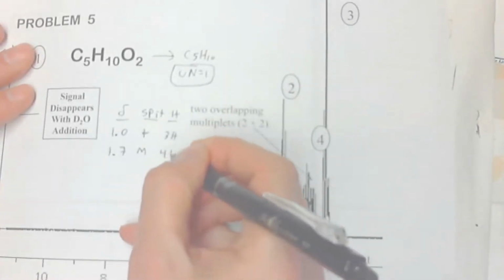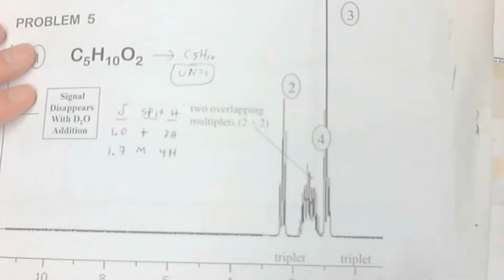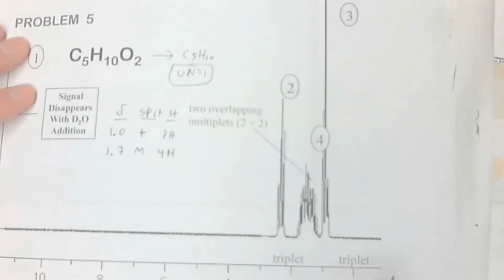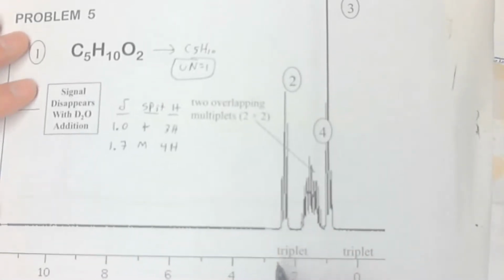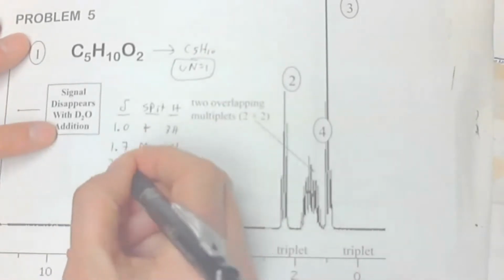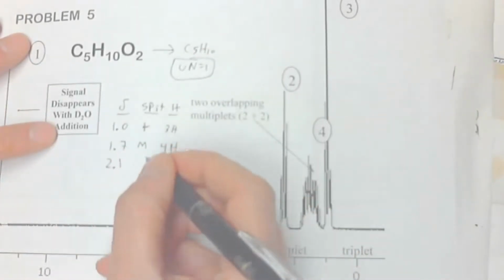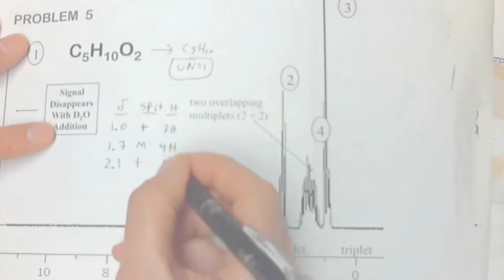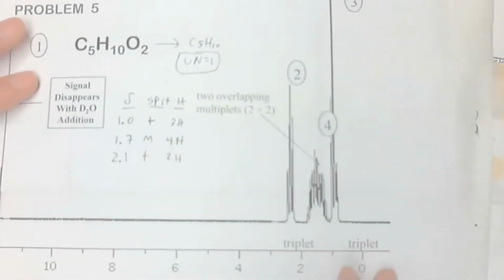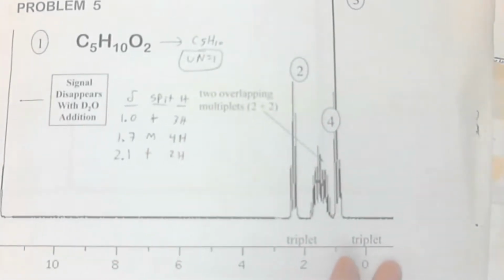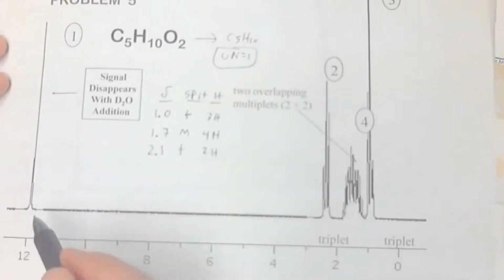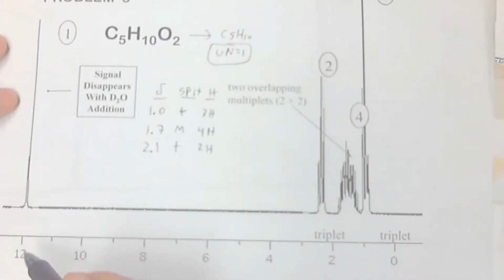Oh, that looks scary because you can't have a CH4, right? A methane. You can't have a CH4. That doesn't make sense. Maybe it's 2 CH2s though. That's a possibility. We also have a CH2 at 2.1, which is a triplet. Cool. All right. Now this crazy guy over at 12 ppm